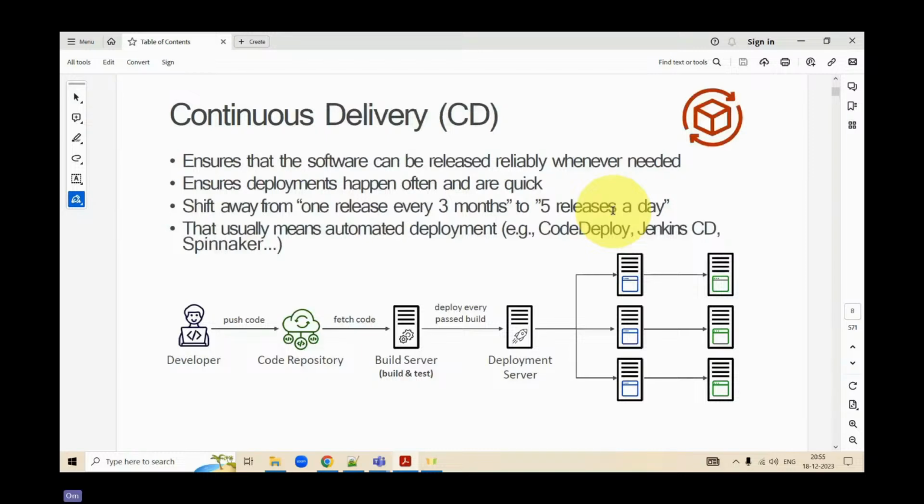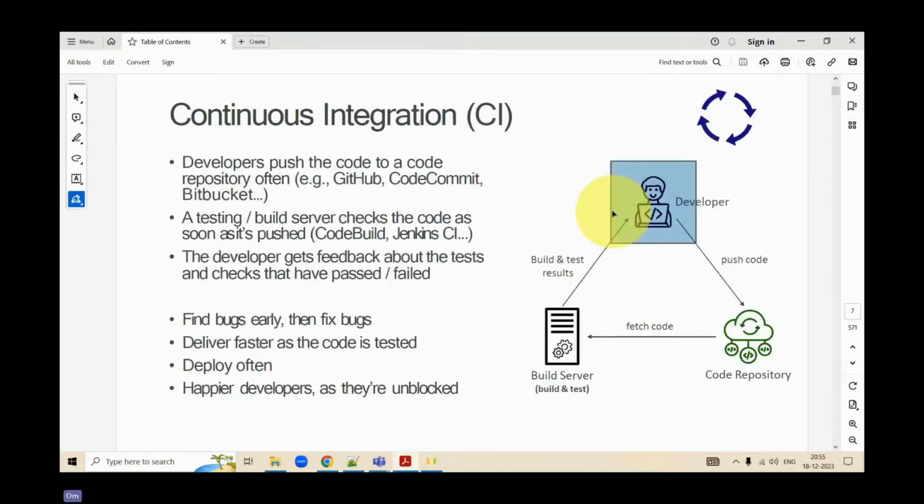Now we had talked about CI. Now we would talk about CD. But before I move on to continuous delivery, let's talk about one more thing on continuous integration. Let's say I build a code that is the sum of two numbers, a and b.